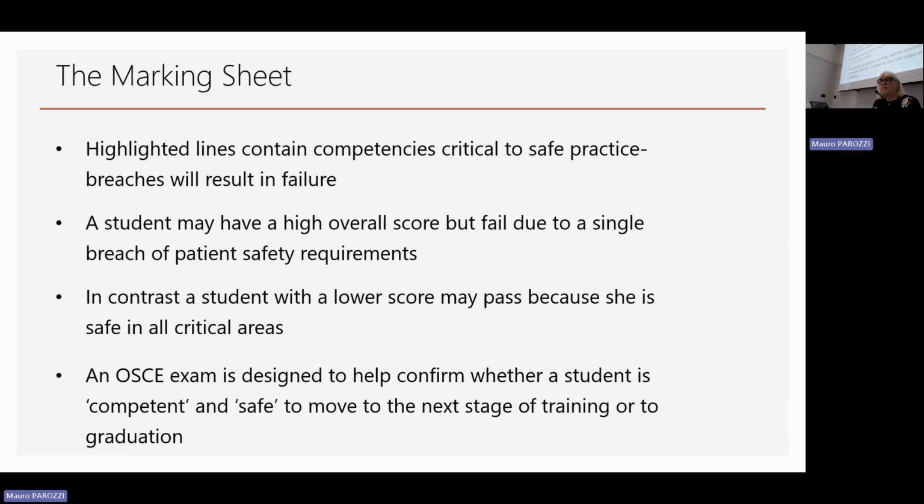It's designed to help confirm whether a student is competent and safe to move to the next stage of training or graduation. In Australia, where I am, all students at the end of the semester, or during the semester before they go on their next placement, have to pass an OSCE before they go out to placement. So the OSCEs are actually used for the next stage of their transition out to placement. Particularly by year 2, they also have to do a drug calculation test, and within a minimum of 2 goes, they have to receive 100% accuracy, otherwise they can't go on placement. It's very tough.